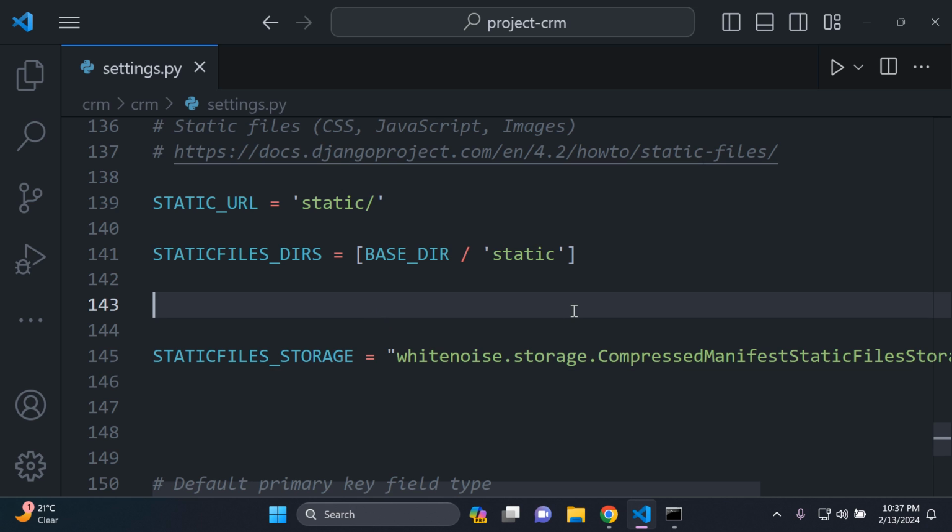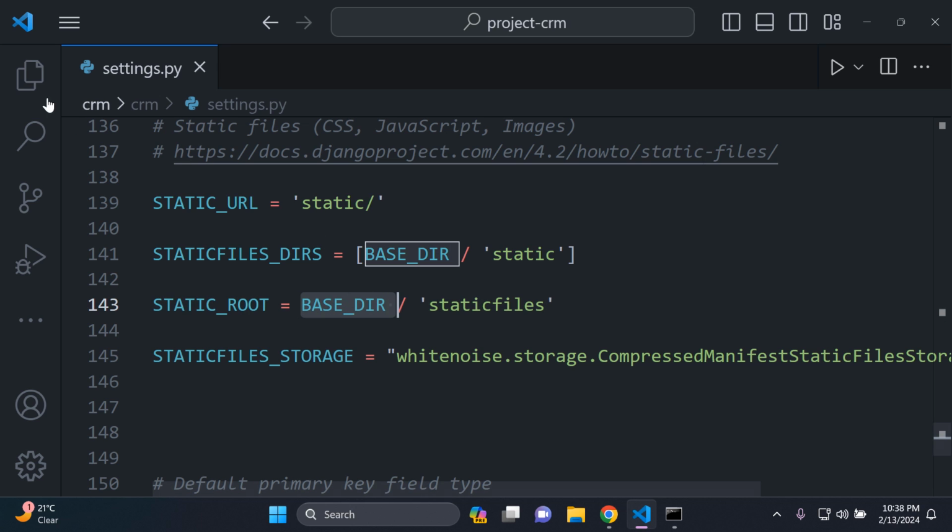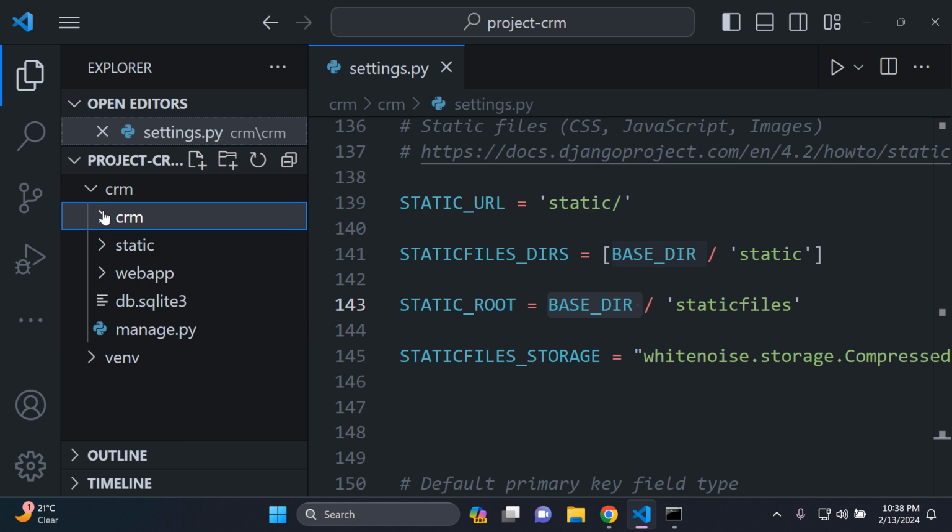Now the last thing that we need to do is we need to add in static root, and this is going to define where all of our static files should be stored when we are moving to a production-based environment. So I can call this STATIC_ROOT. And I'm going to set this as BASE_DIR / and I'm going to call this staticfiles. So essentially all of our static files are going to be housed in a new folder called staticfiles, and that folder will appear in our base directory, which will be right here. So in our base directory here, we're going to create a folder called staticfiles once we have